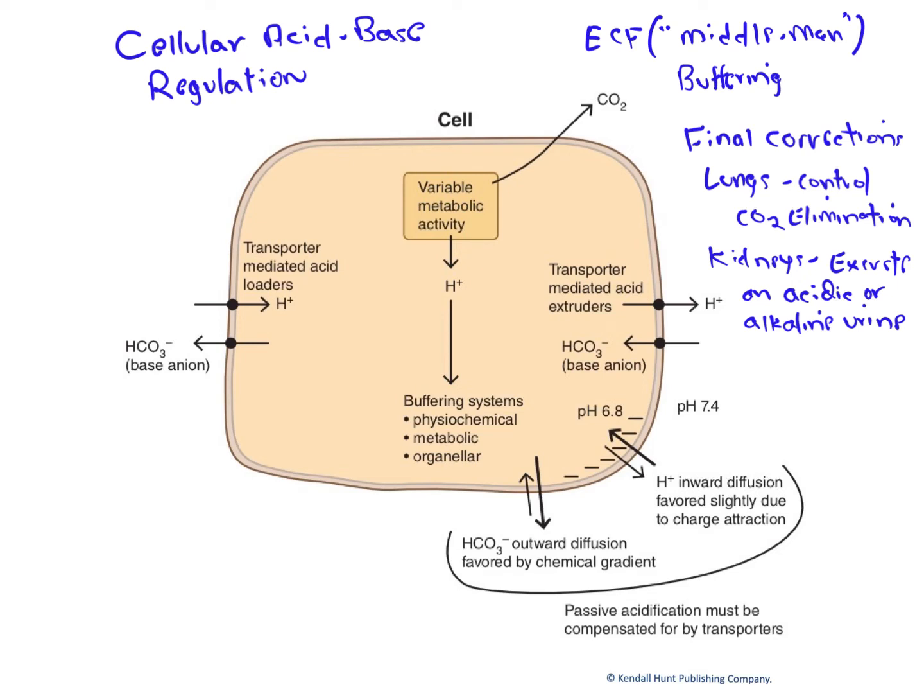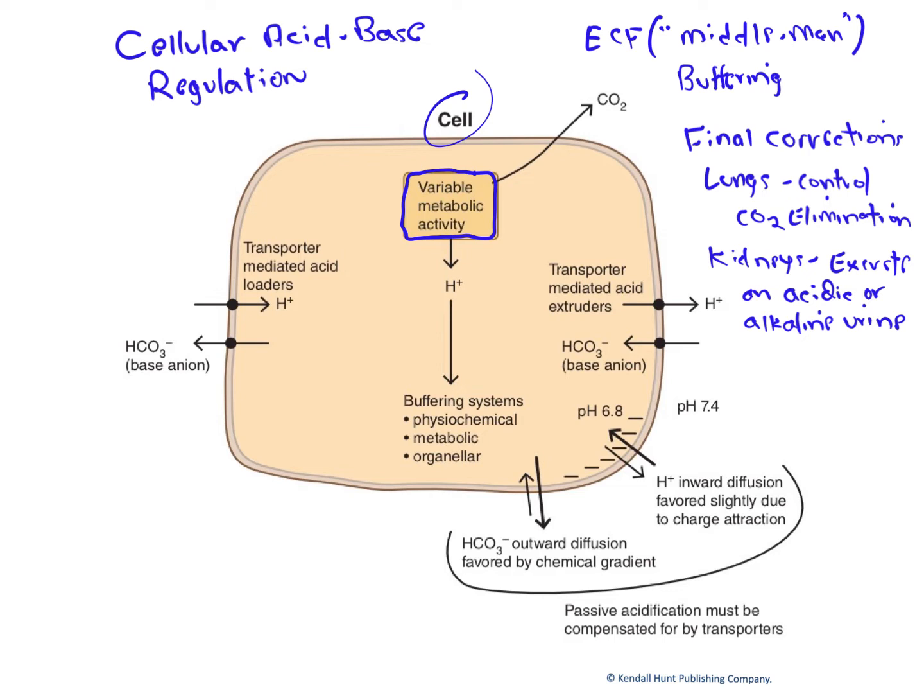Here we focus on cellular acid-base regulation. It's a topic that really shouldn't be overlooked because the body has about 40 trillion cells in it. Our figure shows a representative cell, and in that cell we have a box that says variable metabolic activity. That is simply a reminder that there are numerous metabolic reactions that occur in cells, and many of them produce